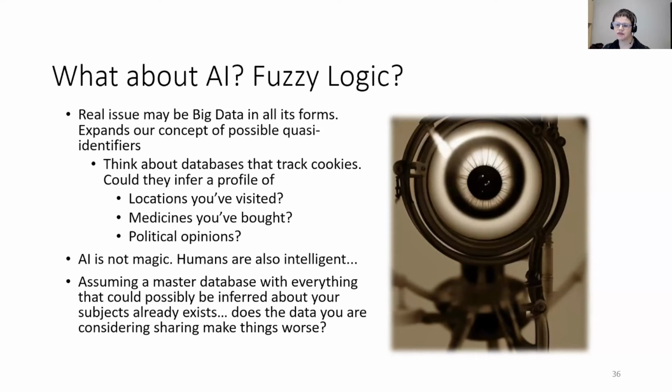Think about things like physical or medical characteristics. Could they be inferred from social media discourse? Could someone data mine Twitter looking for characteristics and then try to match them to things in your data? Think about databases that track cookies. Think about external commercial entities. Could they have a profile of locations people have visited, medicines that have been bought, political opinions? Our corporate overlords out there are collecting a lot of data with very little oversight. When it comes to questions like this,